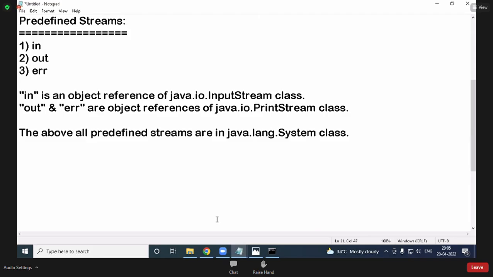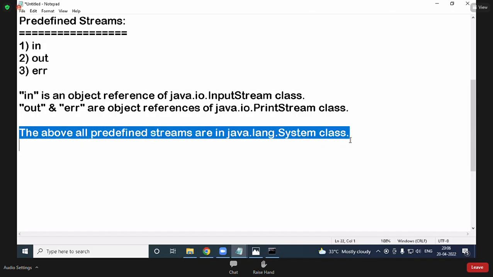Yes. What is it? In. In which class? In is a reference of InputStream class, but in which class is it there? The above all predefined streams are in System class. So again, that is a member of System class.